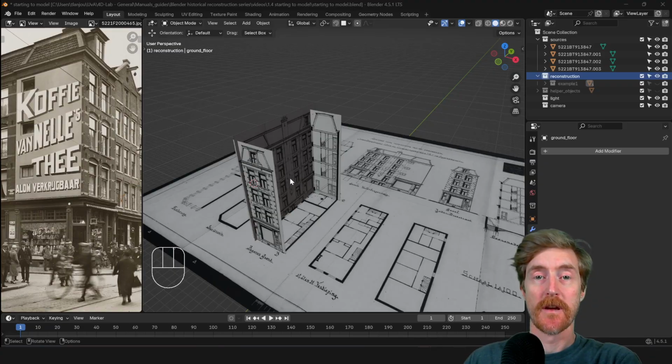As I already emphasized in the first video in this series, before you start modeling, it's very important to look at the building and its structural elements. What parts of the building do you want to model as separate objects, and what parts do you want to model as one object? In general, it's smart to create a rough subdivision between the roof and the rest of